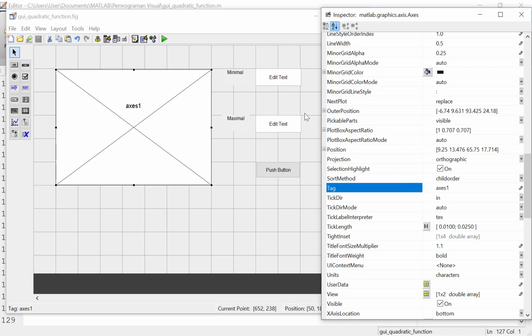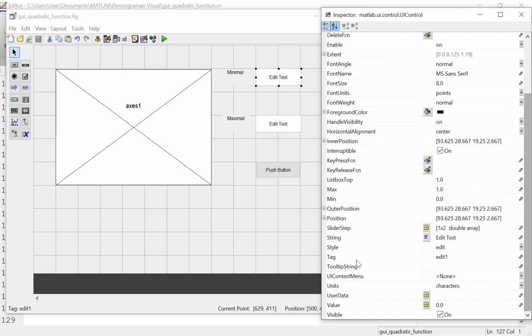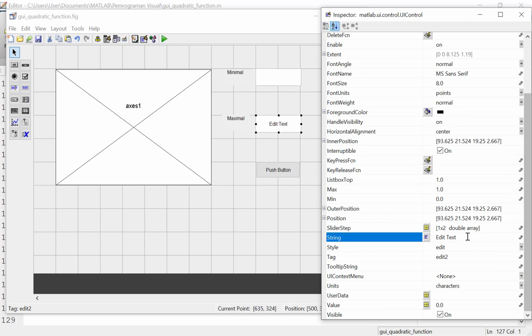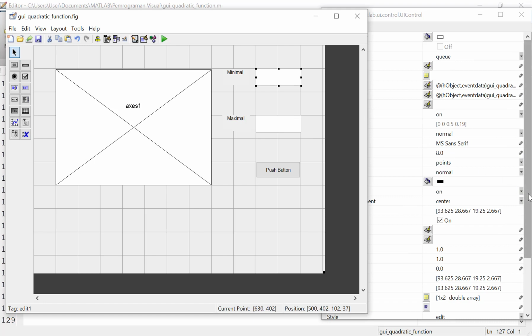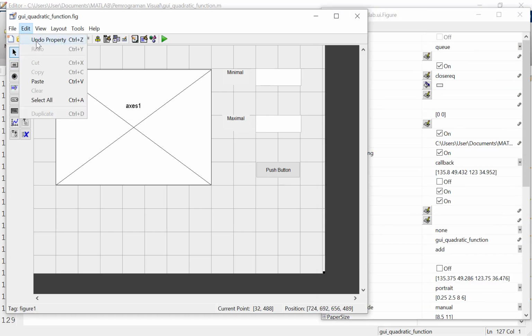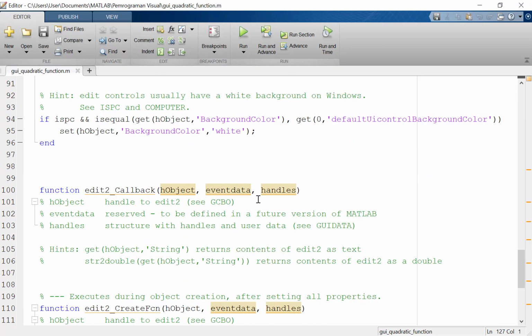So the name is axis one, and also this edit one, the tag is edit one. This is the edit one block, and it is the second edit block. The names are edit one and edit two, and then we can open the editor again.